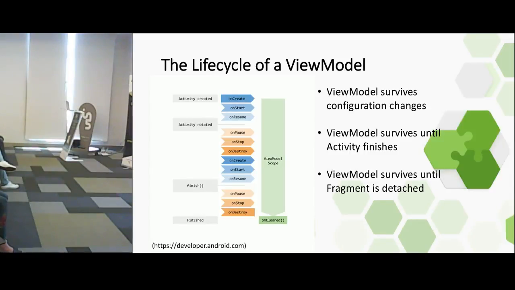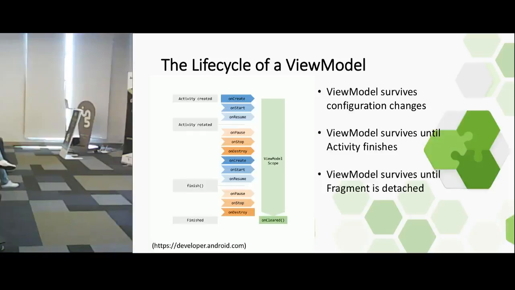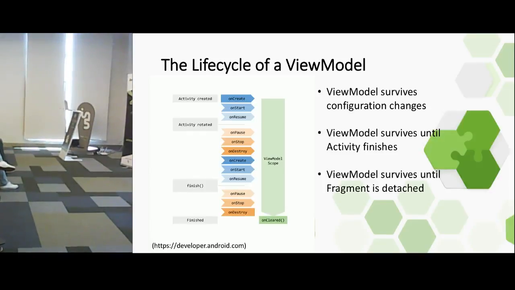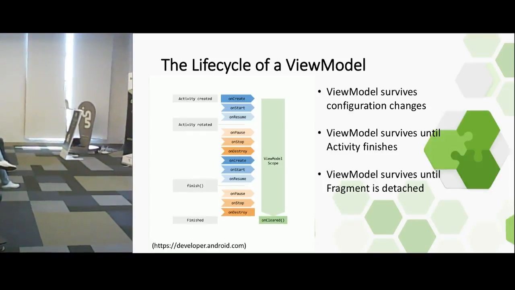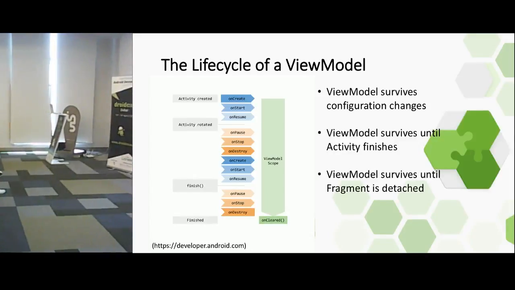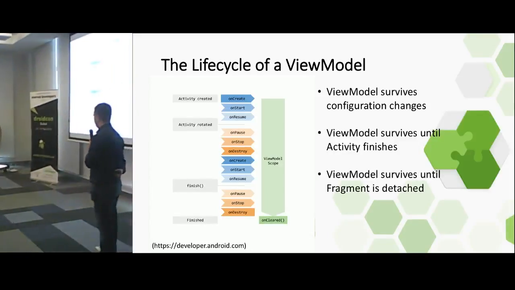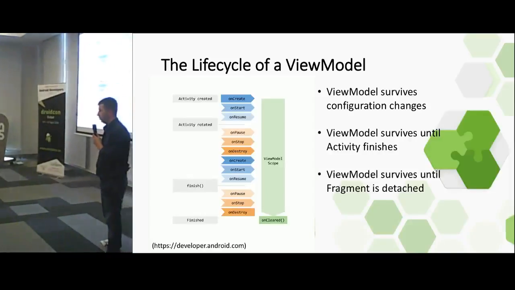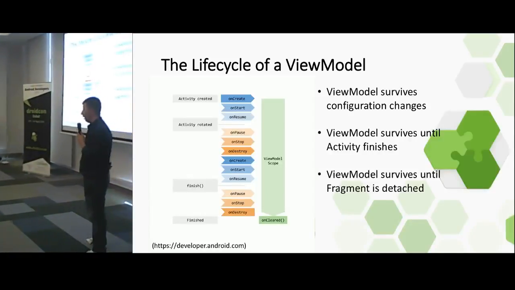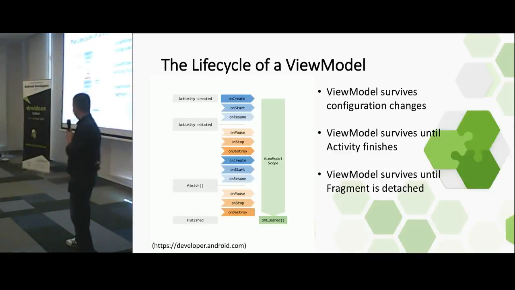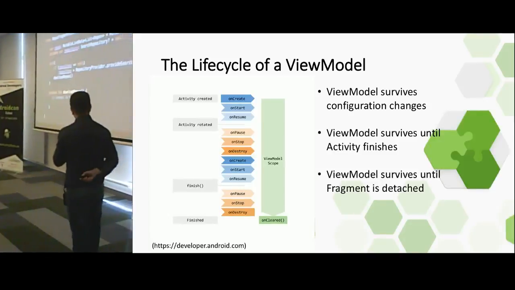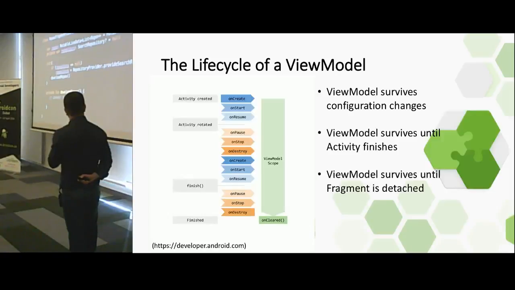But there is another point. When the activity is finished, the ViewModel scope ends. As you can see, the onCleared method is called. Another possible situation is that you press the back button, your activity is destroyed, and the ViewModel is also destroyed. And if your application is removed from the background, then your ViewModel is going to be cleared again. If the framework decides to kill your application, then your ViewModel is going to be destroyed again. ViewModel can't survive such situations.